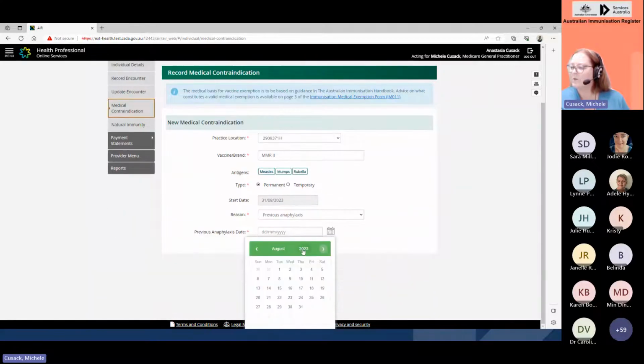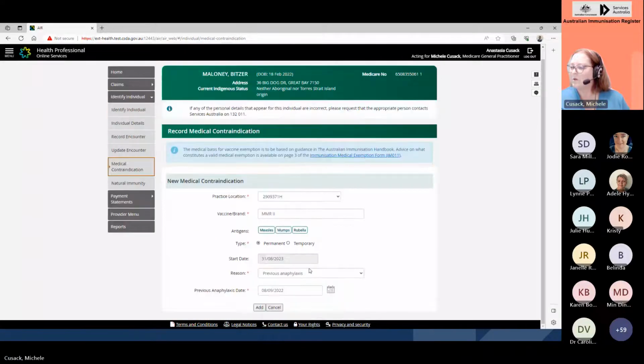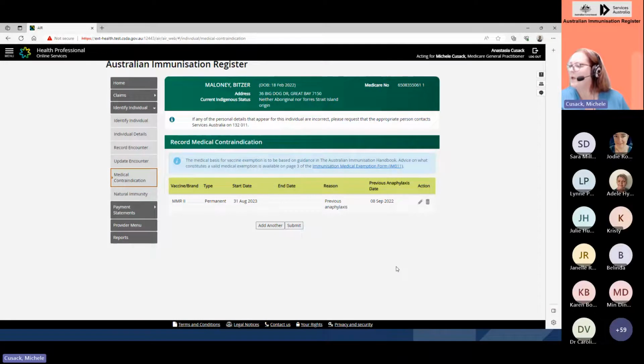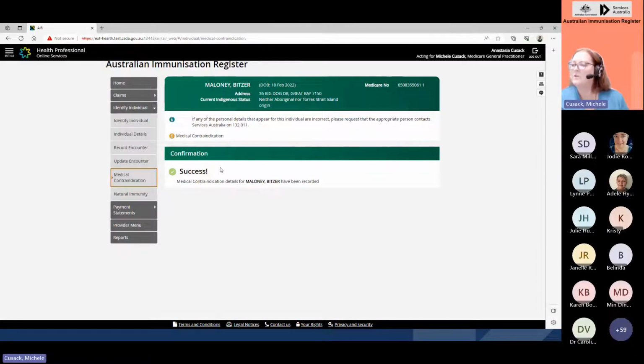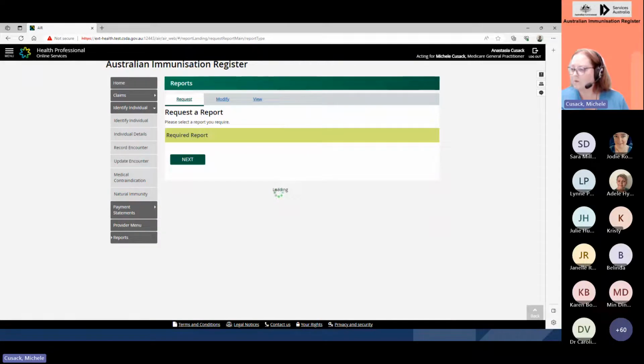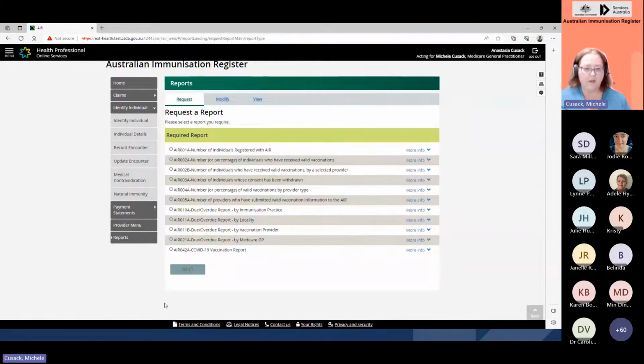So again, you can click on this, go wherever you need to go and pop it in and then add it. Okay. And what it's asking is did you want to add any more? No, I don't. And I submit. Okay. And now this child has those details recorded. So I'm going to leave our website there and just go back to